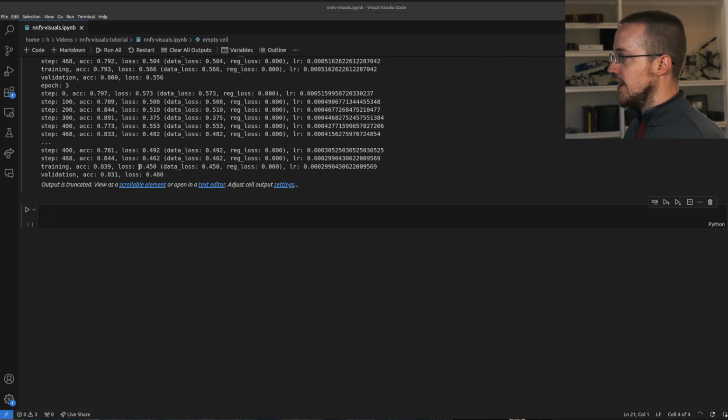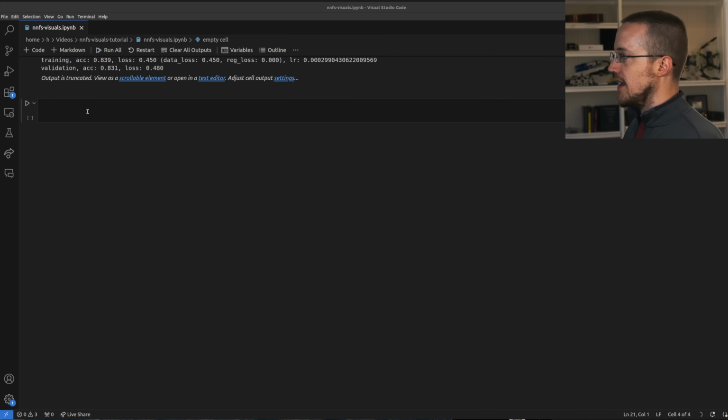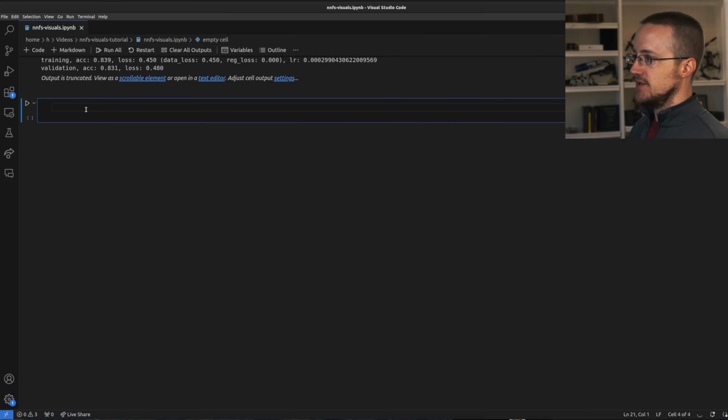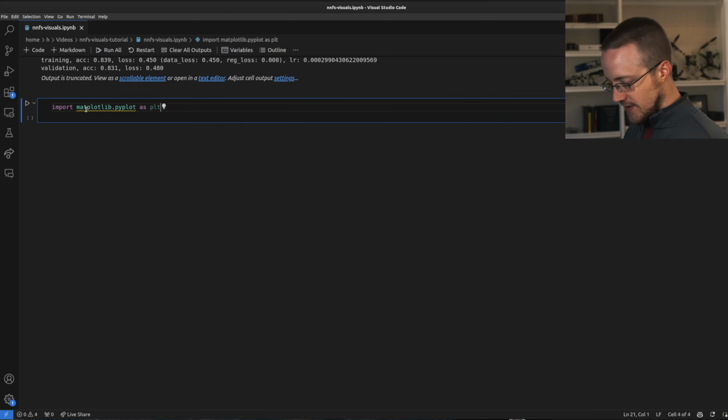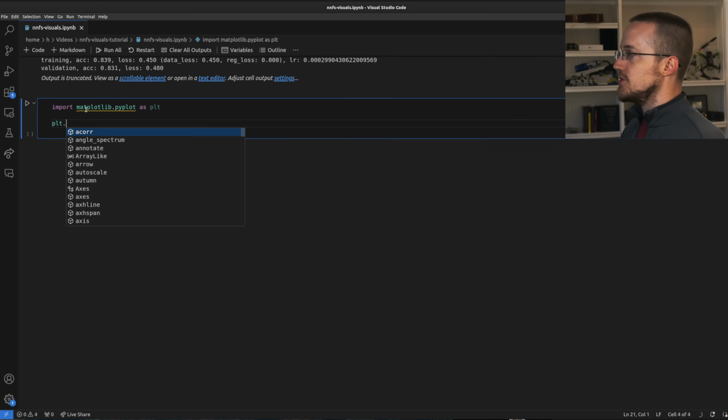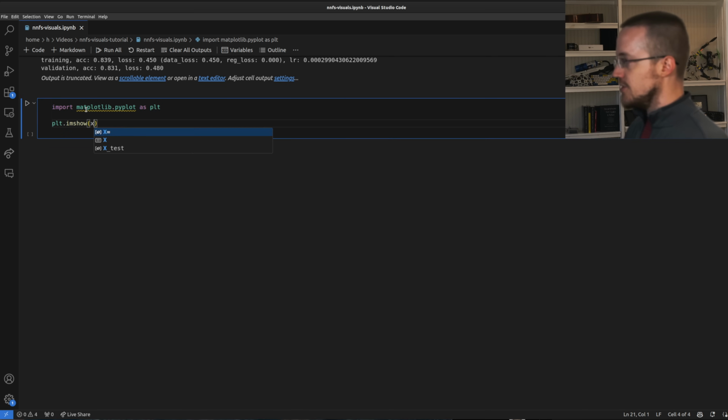So the first thing that we'll go ahead and do is we'll come down and let's just get a quick visualization of the data that we're working with. So import matplotlib.pyplot as plt. I hit my caps lock. And then we'll just do plt.imshow, and we're just going to show x test